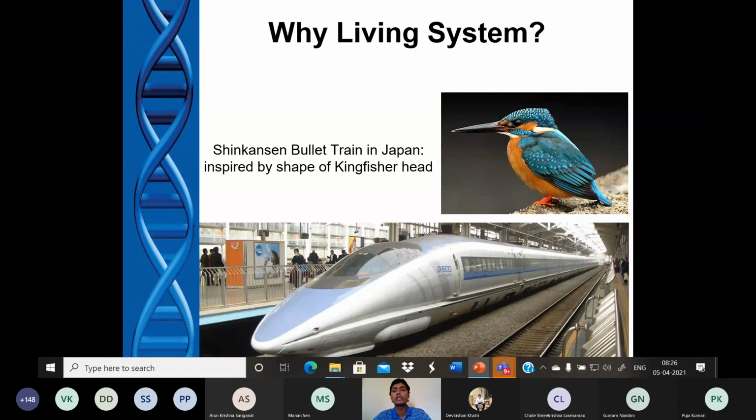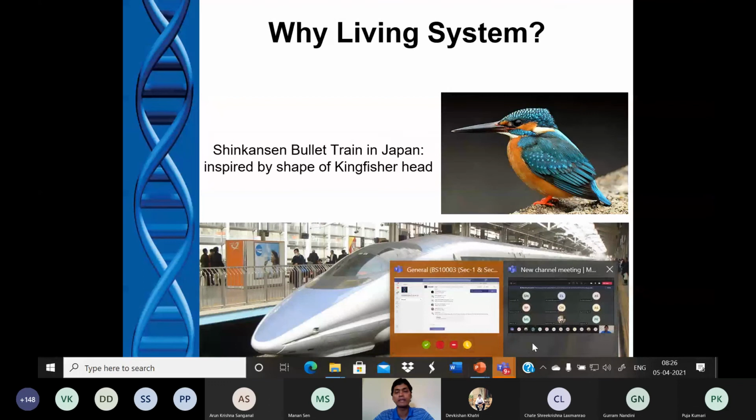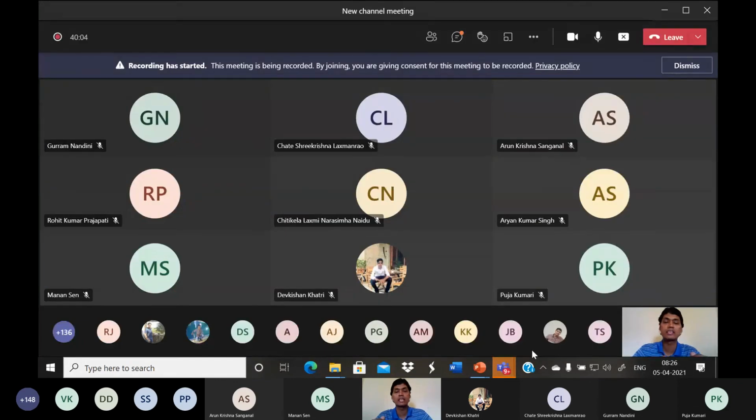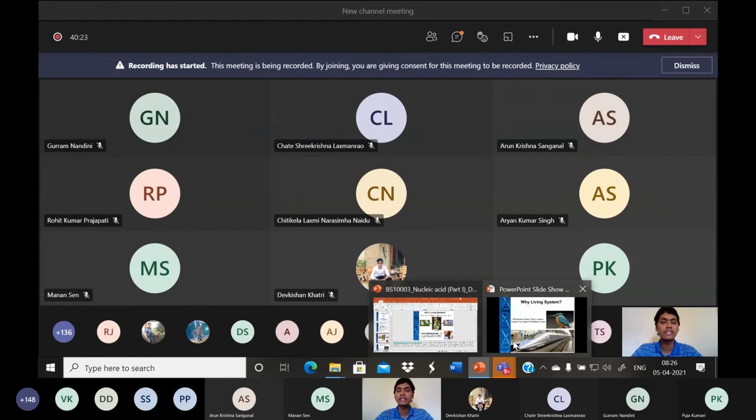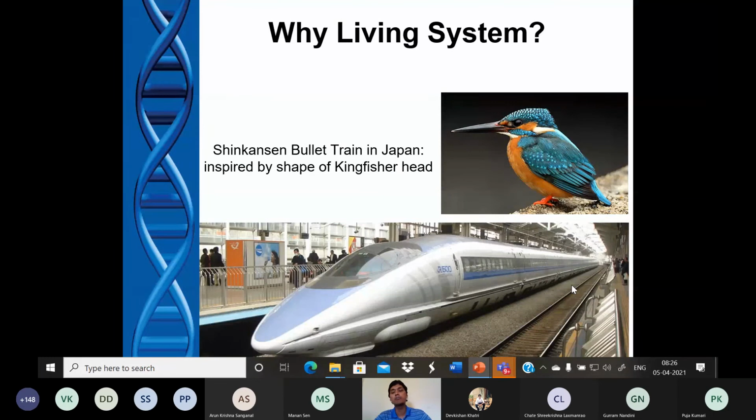In Japan, on conventional railway tracks, it can go above 300 kilometers per hour, and with the magnetic levitation system, I believe most of you know what that is, it can go even more than 600 kilometers per hour. So you can understand how fast that is. 600 kilometers per hour. So in this case also, you can tell that this is another example of good observation and its execution.